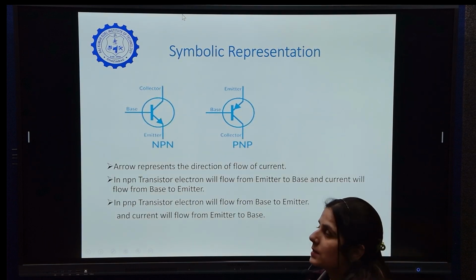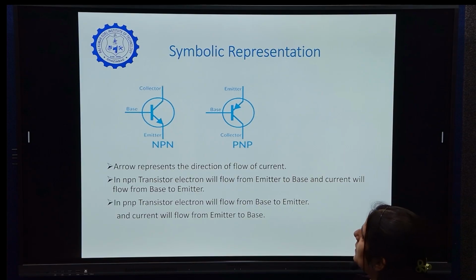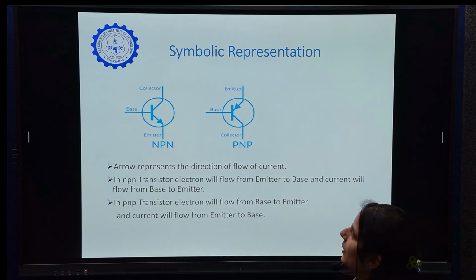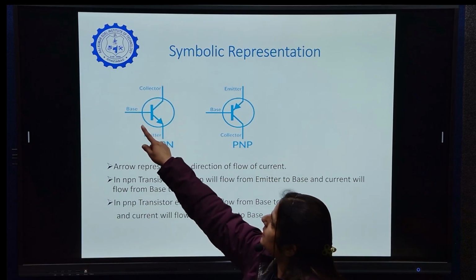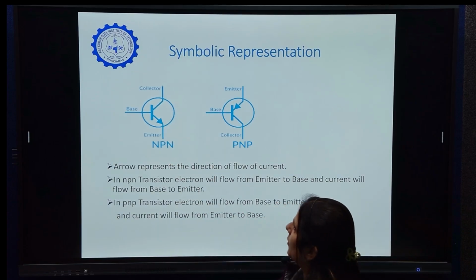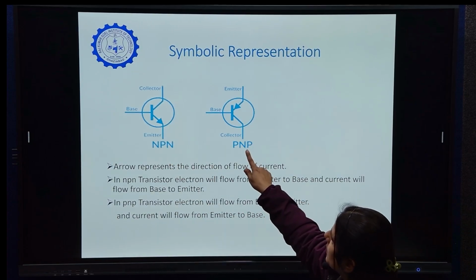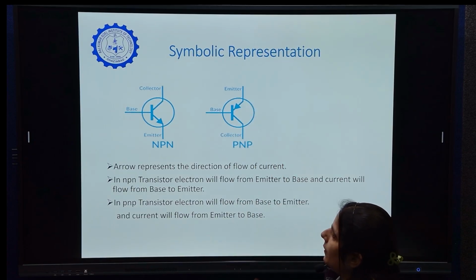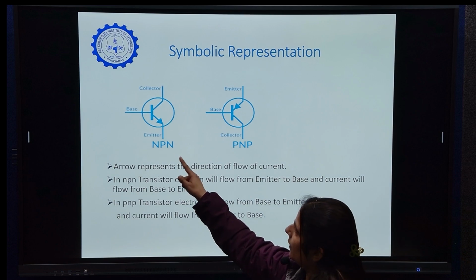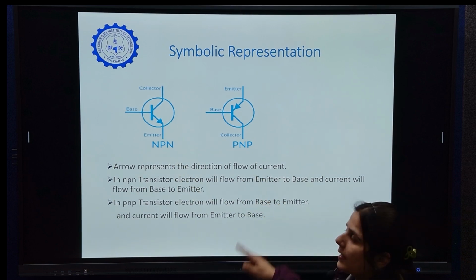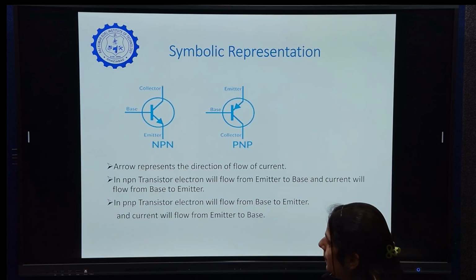This is the symbolic representation of BJT. This is NPN transistor and this is PNP transistor. This is the base terminal, this is the emitter terminal, this is the collector terminal. In PNP transistor, similarly, there is a base terminal, emitter terminal and collector terminal. In NPN and PNP both, the arrow represents the direction of flow of current.